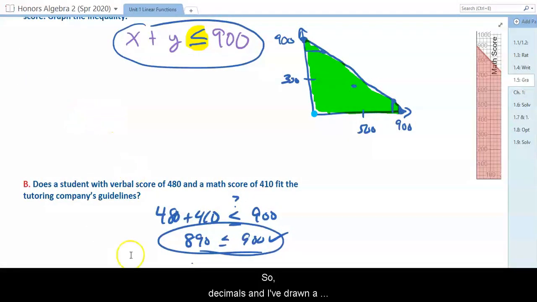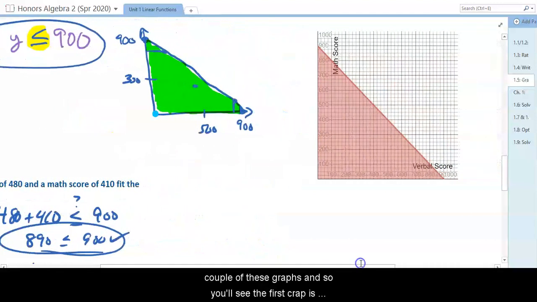All right, so I've gone to Desmos and I've drawn a couple of these graphs. And so you'll see the first graph is mirrored to what I've got here. You'll see that it goes from 900 to 900 with that line in between, solid there, shading all the way. And so again, if we forget about what the SAT actually scores their test at, that would be a normal